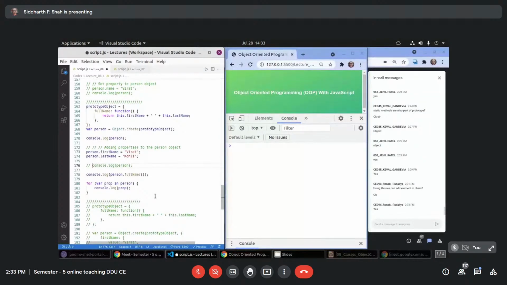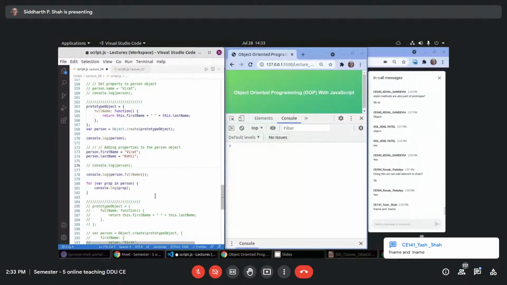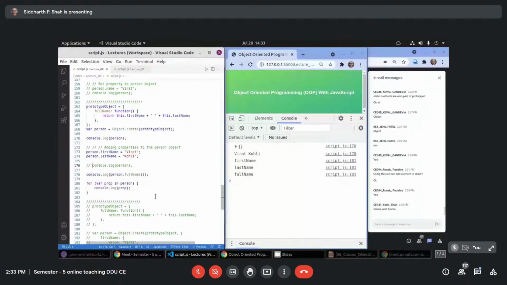So which property names will be printed? All three.